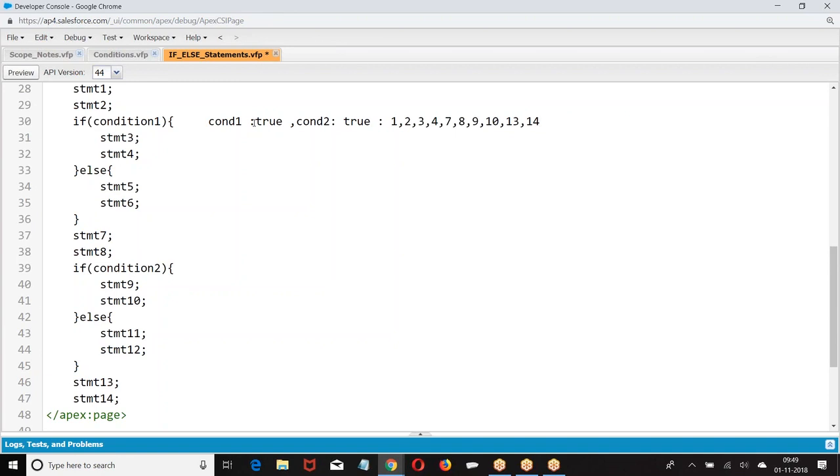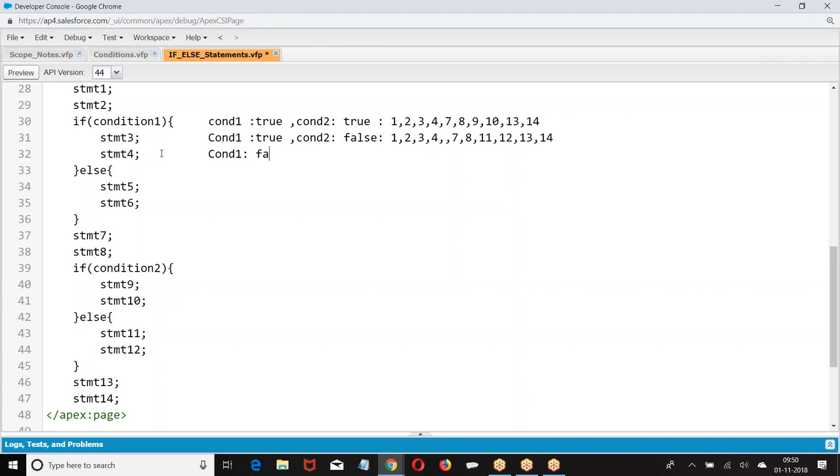Now in the program, I may have multiple conditions. I will check multiple conditions, on multiple lines. It's not necessary that I check everything in a single statement. I have written multiple times. Now, condition 1 true, condition 2 false. So which will run now? 1, 2, 3, 4, 5, not 5, 4, 7, 8. Condition 2 is false. 11, 12, 13, 14.